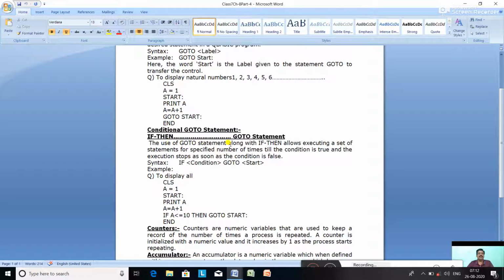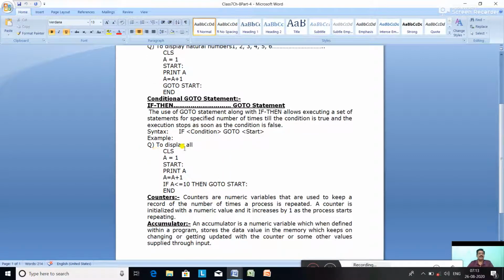The use of go to along with if then allows executing a set of statements a specified number of times, till the condition is true, and the execution stops as soon as the condition is false. Syntax: if condition go to start. Till this condition is true it will keep executing all the lines, and whenever the condition is false, it will stop.